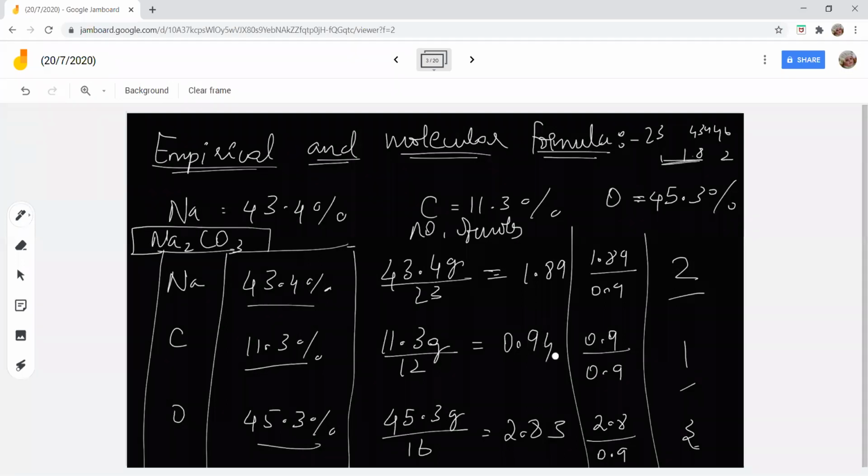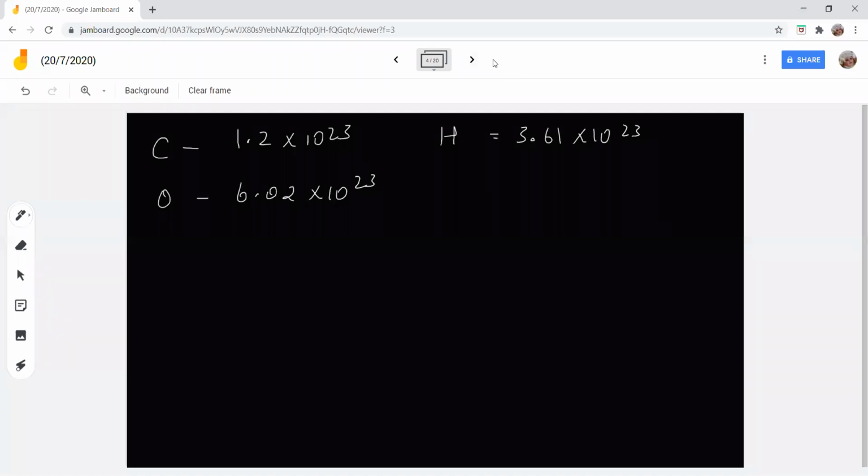You understand? Yes, ma'am, this is not going to bring much of a difference. I might have got 2 point something here, and here I might get 3 point something. But I'm just simplifying, approximating, because the number of moles you cannot have 2.1. The simplest formula you cannot have it in decimals, right? Yes, ma'am, I'm just approximating. That's all. Clear? Okay, ma'am. Thank you, ma'am. Okay. So solve for this question now.